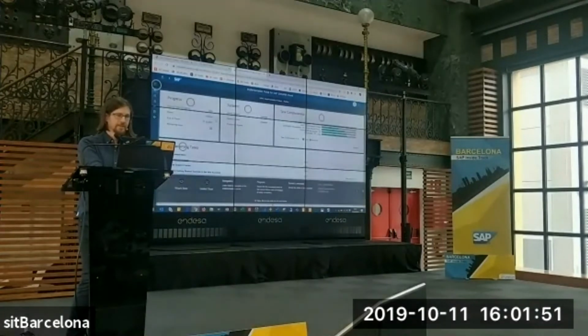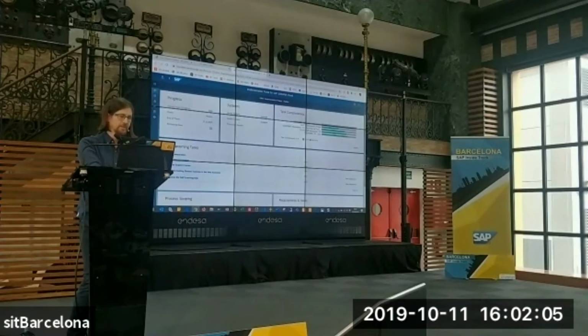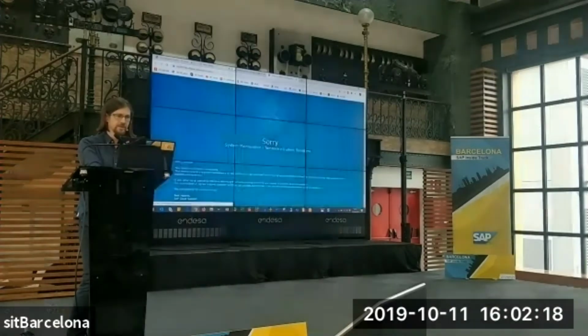This is the SAP Cloud Application Lifecycle Management Implementation Portal. Here is the first overview of the project to allow the customer to see what are the upcoming tasks that need to be done, the progress status, the go live, the system. Here even the customer and the consultant can access the system.